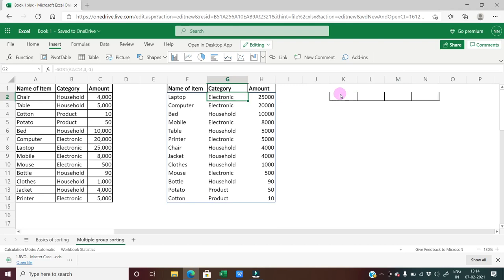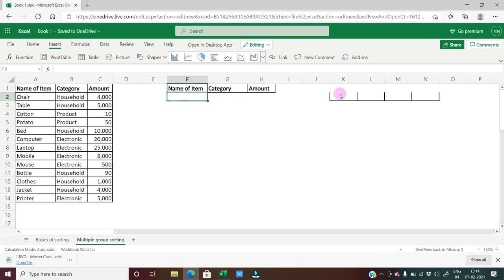Now let's see how we can use the filter formula along with the sorting formula. Generally, if for example I want to filter something in this particular table, how do I do it? I do it by putting the formula filter. I select the array again.